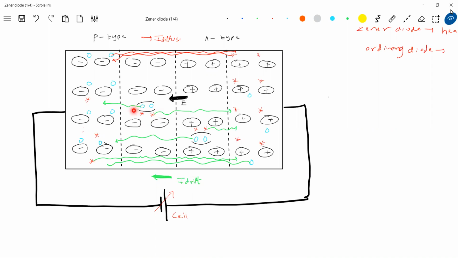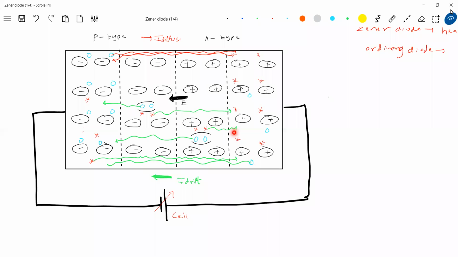So who will contribute to the drift current? The holes moving from N to P type, and the minority carriers moving from P to N type, these are minority carriers. Along with that, minority carriers are generated in the depletion layer. Are you getting it now? There are two reasons for the minority carrier current: the holes moving from N to P type and the electrons moving from P to N type, because they're minority carriers. Along with that, the minority carriers generated in the depletion layer raise the drift current.